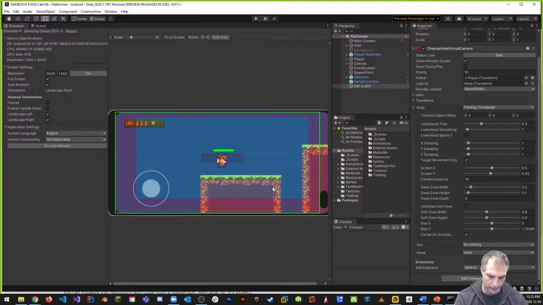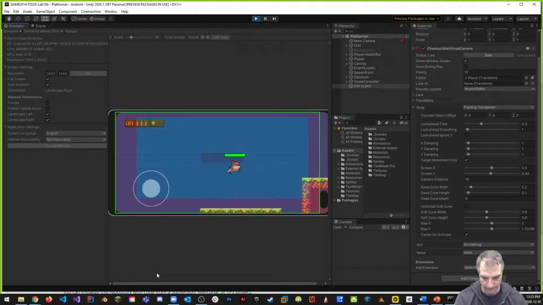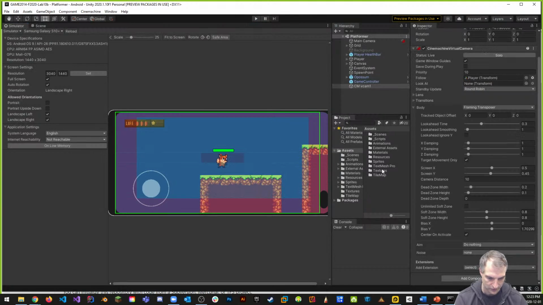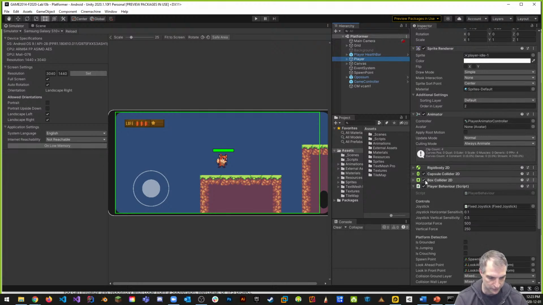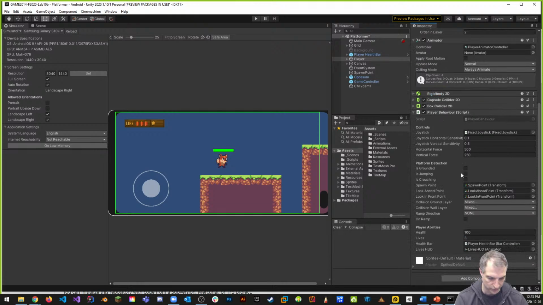The other thing I want to do with camera, since we're on the camera and movement, is I want to make my movement a little bit more snappy. And what I mean by that is, right now we're sitting and it's kind of floaty, like he floats. I don't like that, right? So one adjustment that I'm going to make, and you feel free to make this or not, is I'm going to change the character's Rigidbody 2D to 10 in terms of gravity scale. So this is going to mess up some of my movement scripts, and I got to talk about this for a second. I want to change my horizontal force and my vertical force to match that,